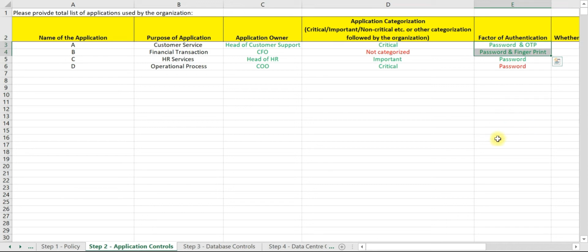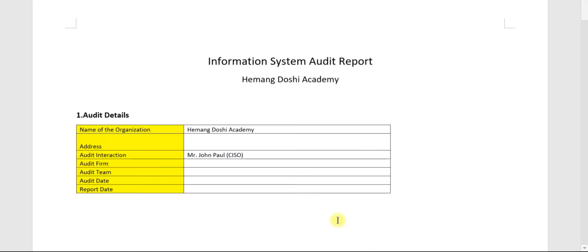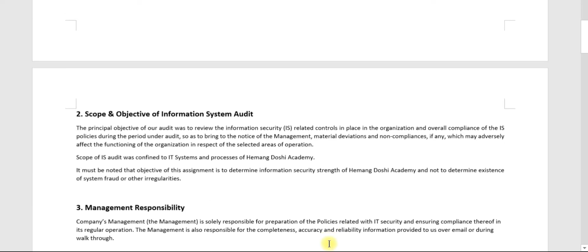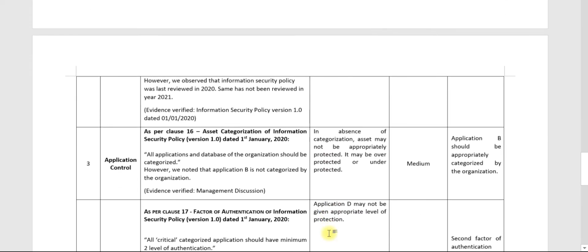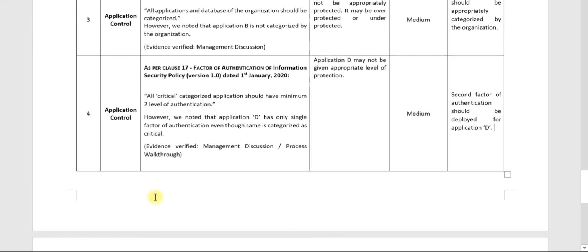Now here we will quickly draft the audit observation. So this is our audit report. This is the same audit report that we discussed in our previous lecture. These are the audit observations. Okay, to save time, I have already drafted the audit observation. So my first part is to write the requirement. So this is the requirement of the information security policy. Okay, my second part is I need to write the factual position. So what I am writing is, we noted that application D has only single factor of authentication even though the same is categorized as critical. And my third part is I need to write the